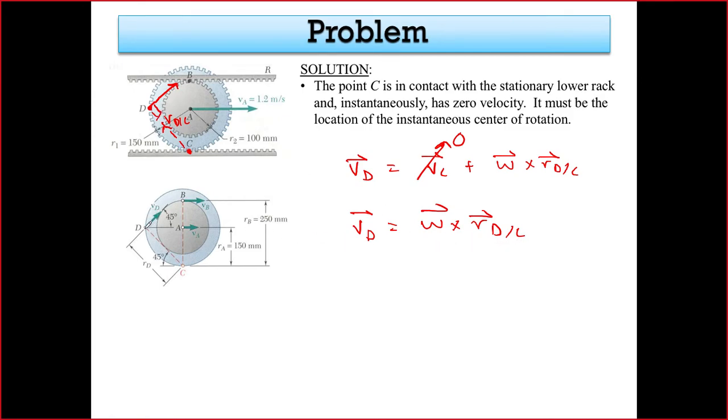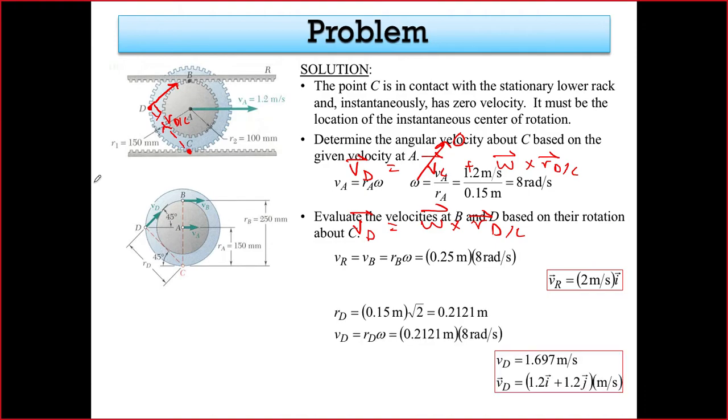So that's why the velocity of D is in this direction. Okay, so just straightforwardly calculating it, its magnitude is omega multiplied by RD with respect to C, or RD as drawn here, and just multiply them, and we have the magnitude. For direction, just noting for example here that it is 45 degrees,